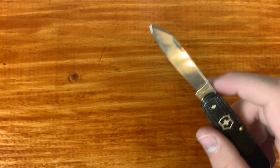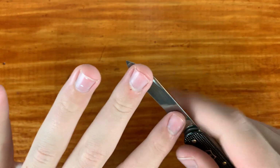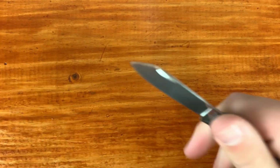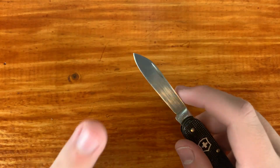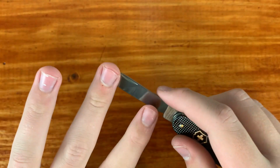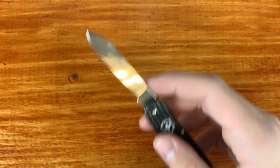This is a pretty hard knife to sharpen. One, you can't be putting too much pressure on this blade, because it can wobble back and forth, and that can't be good in sharpening. So this blade is also very skinny. It's skinnier than my finger pressed up on it, so it's just kind of difficult to control when sharpening. And yeah, so the next one I'm going to show you guys is,